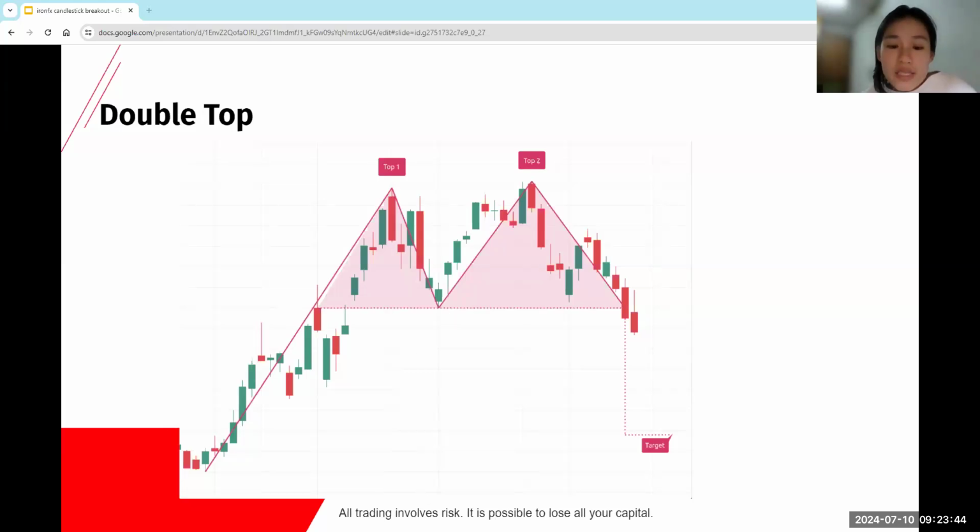Okay, so this pattern is considered formed when after the appearance of the second peak, which is here, the price or the close falls below this neckline. So again, your neckline will be over here. And the dotted horizontal line, which you see here, ends with the target label and it indicates the expected price level after the pattern has been formed. So as new bars appear, the line extends to the right